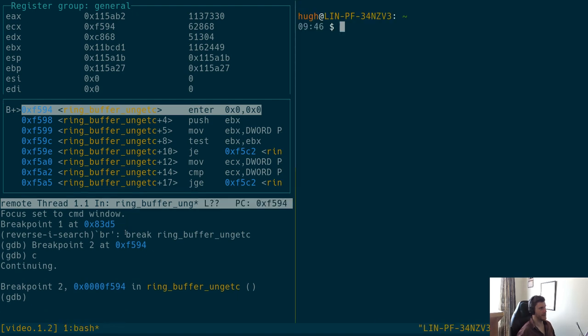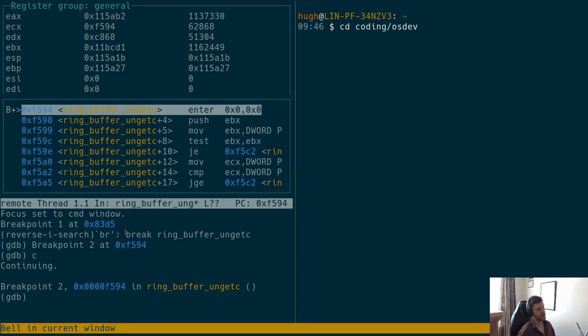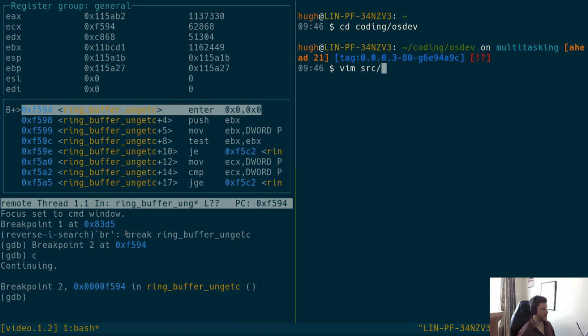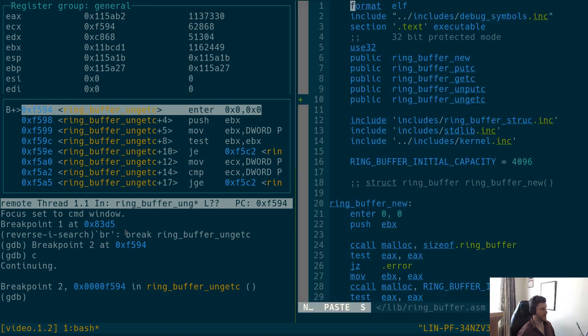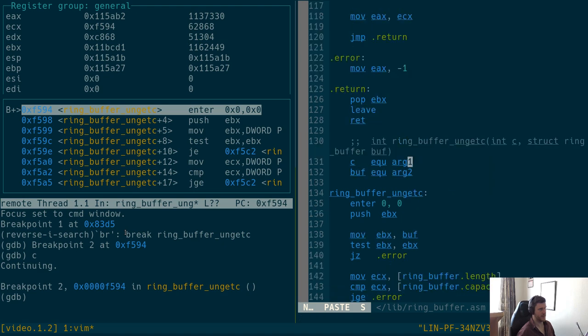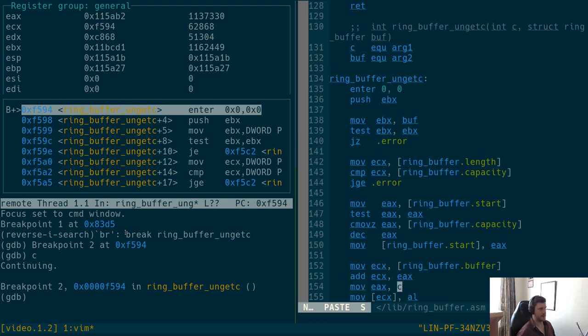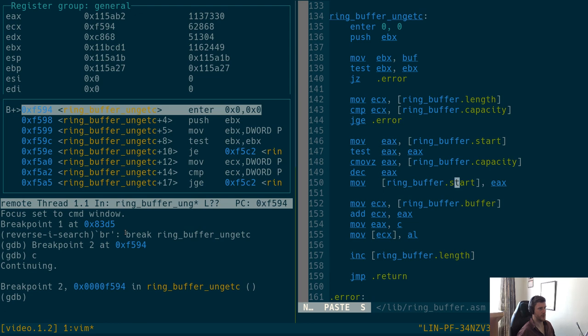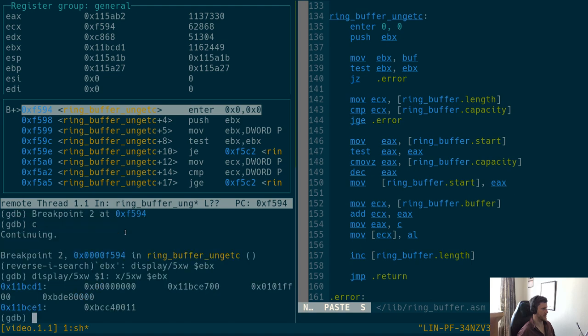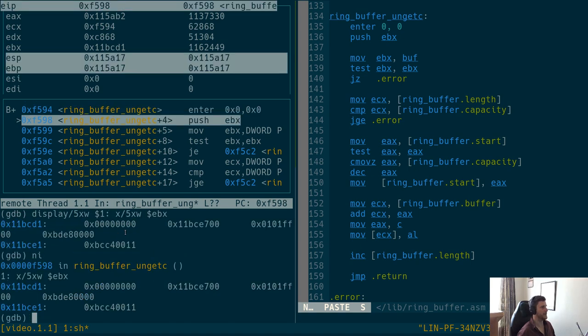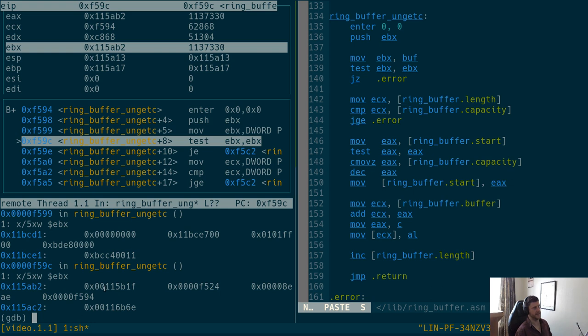What if we decoding osdev? Yep, that's fine. Source lib ring buffer and unget C. C is the first. Where do we actually get the first? We don't get it till down there, but it's complaining. So what I might do is EBX, just see what it's looking like. So we'll get the ring buffer, and that doesn't look right. That looks like